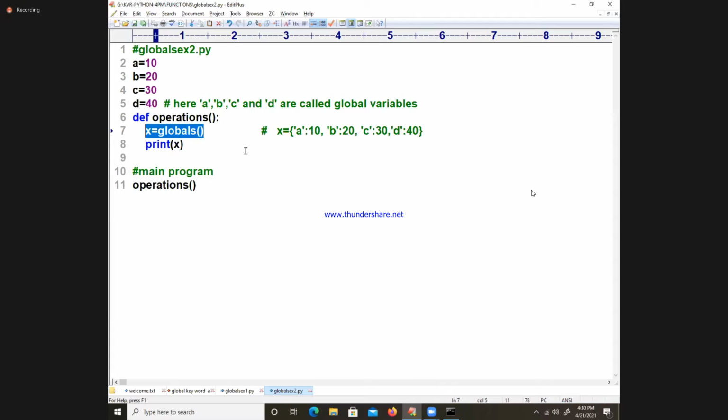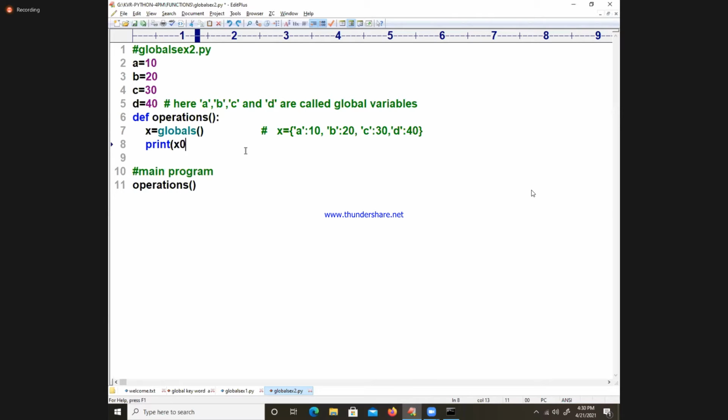Inbuilt variables also will come along with my program variables. So x is going to contain a dict of all the global variables. If you want to retrieve your own variables, you need to write globals of a compulsorily, so that I can get x1, x2, x3, x4. Like that we need to take care.